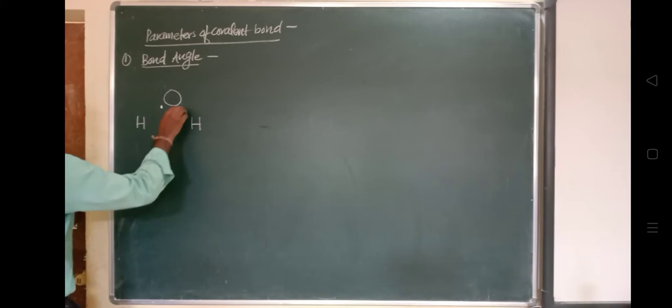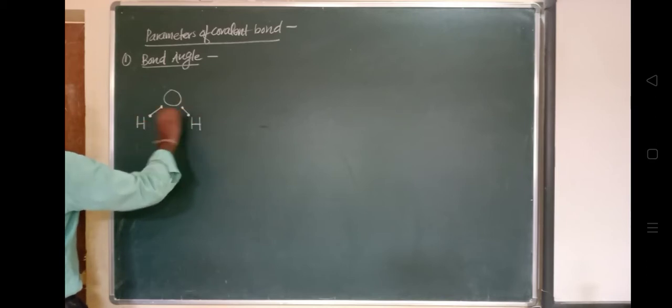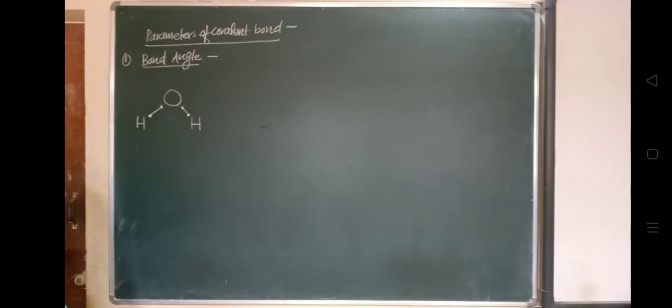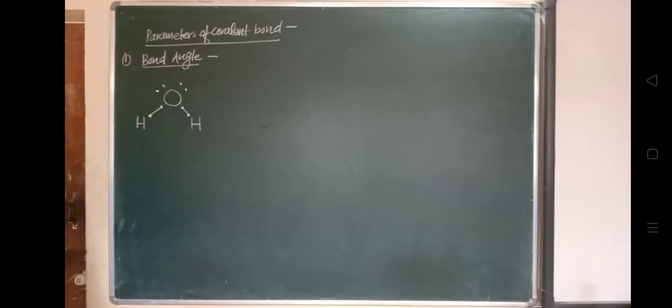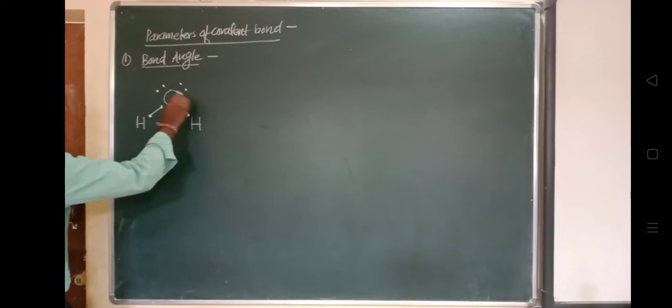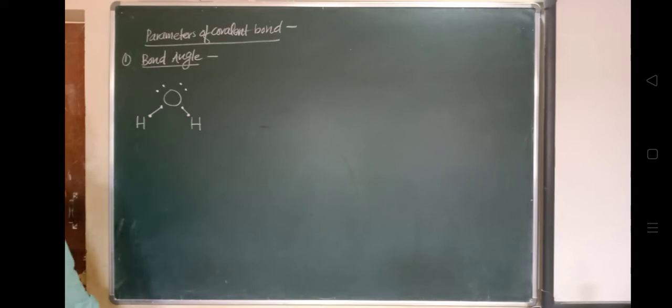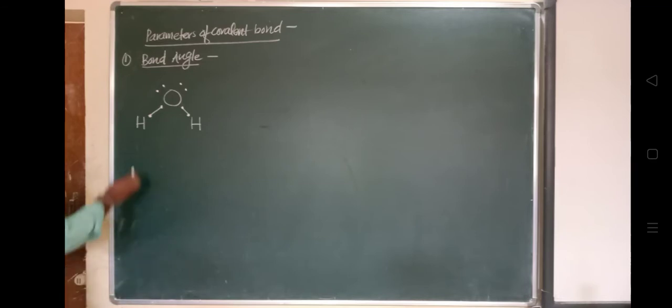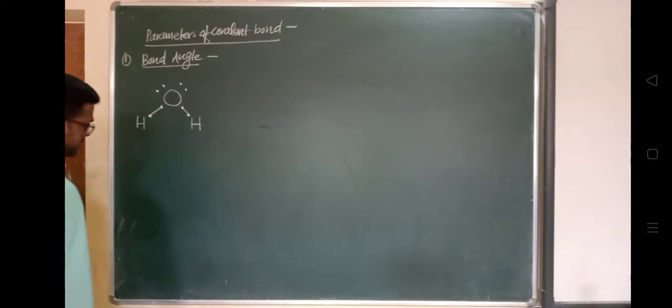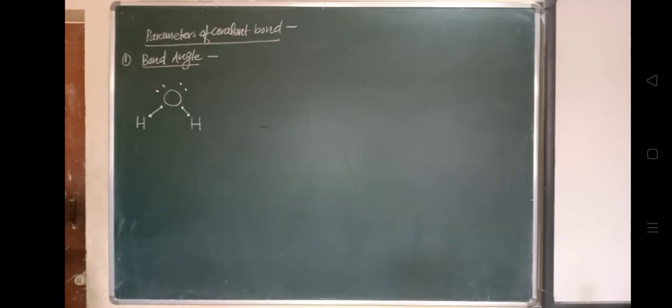Now there will be 1, 2, 3 and 4 electrons that will remain unpaired for this oxygen atom, but they will complete its octet, 1, 2, 3, 4, 5, 6, 7, 8, in this way. As well as this, the hydrogen atom will complete its duplet. And now see here, one covalent bond is present between the oxygen and hydrogen atom, and this is another covalent bond which is present between oxygen and hydrogen atom.